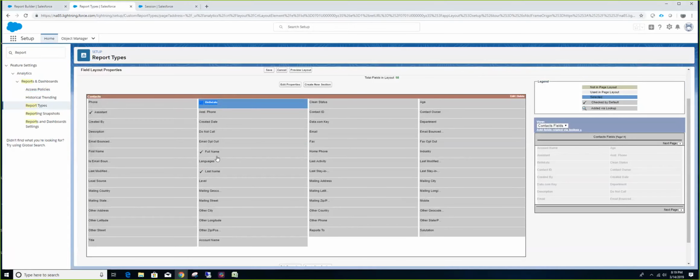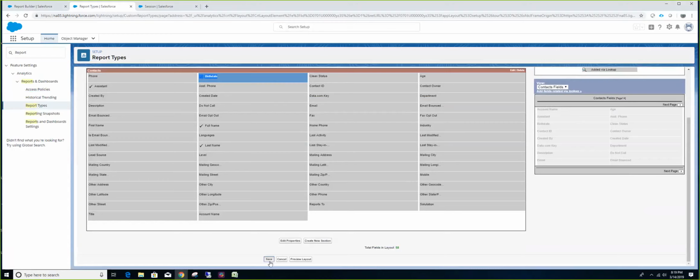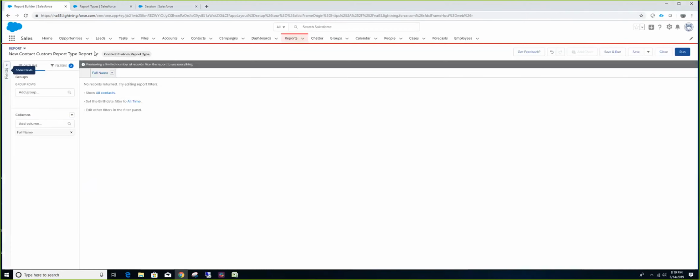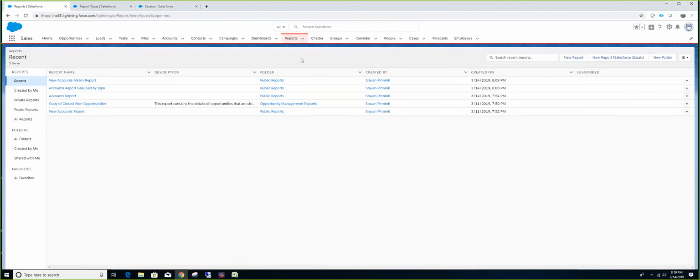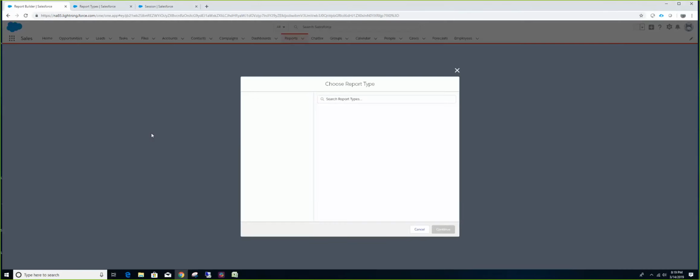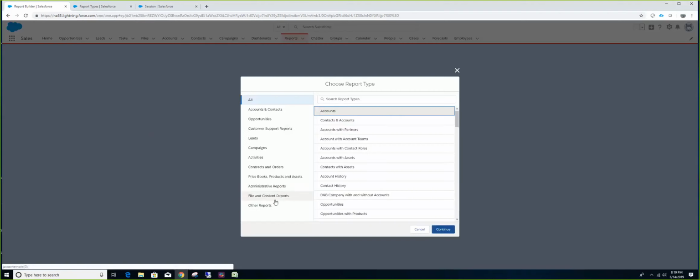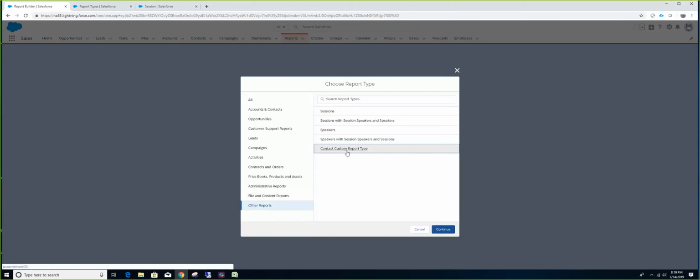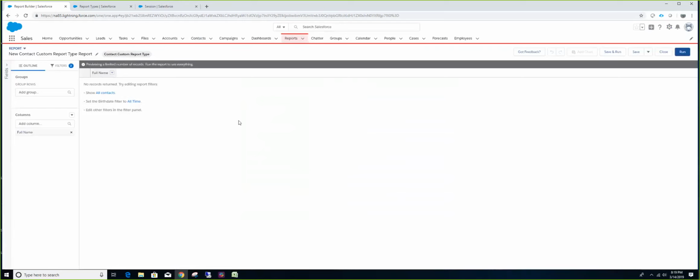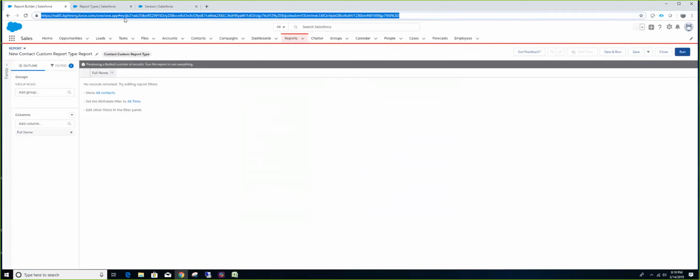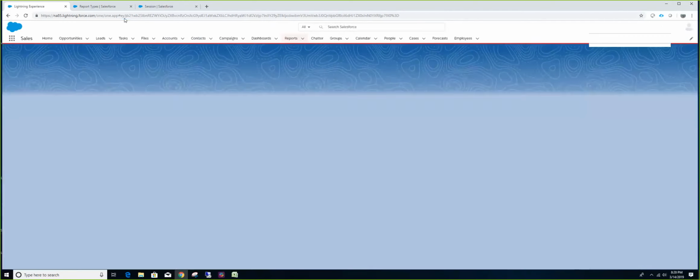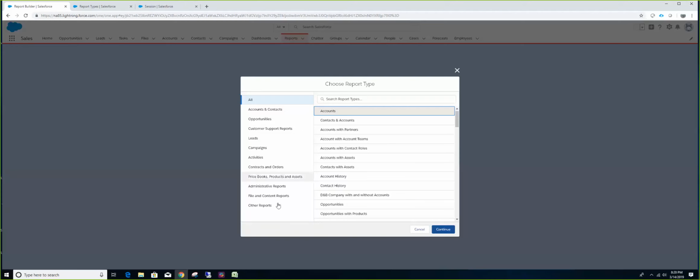If I say checked by default and save it, right now you don't have any fields in the pane, but if I click new report, other reports, I just need to refresh this, sorry.